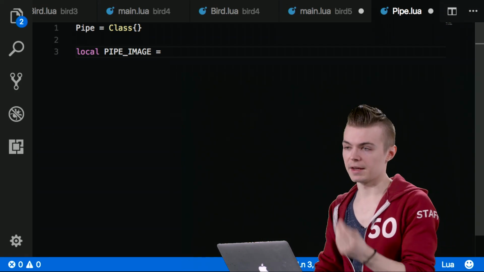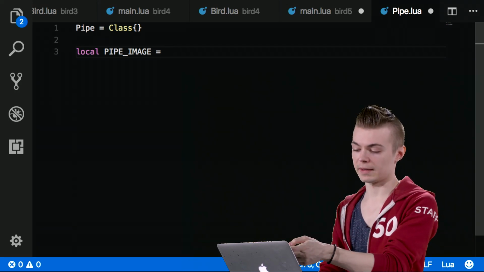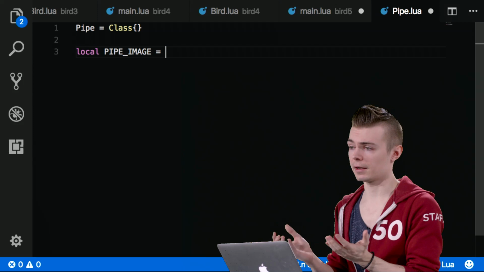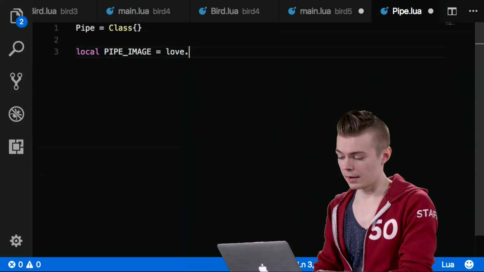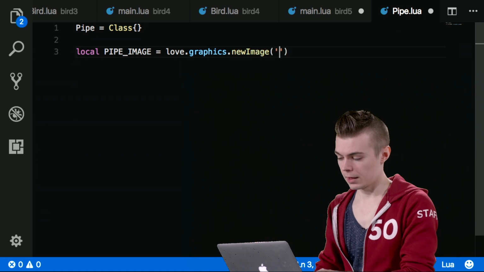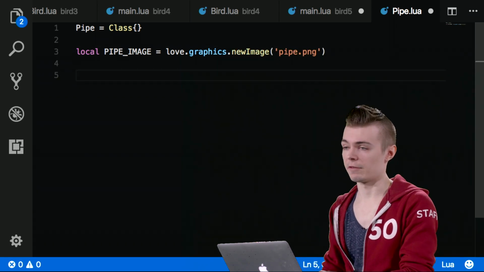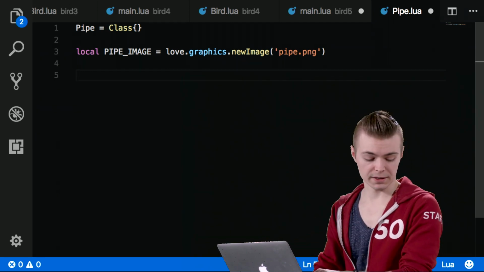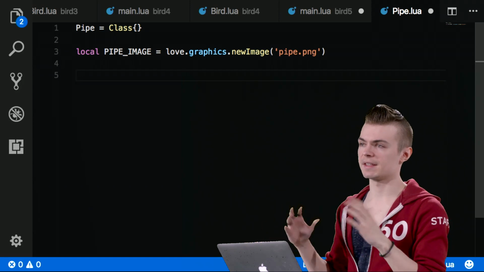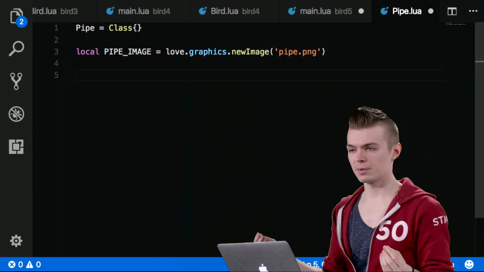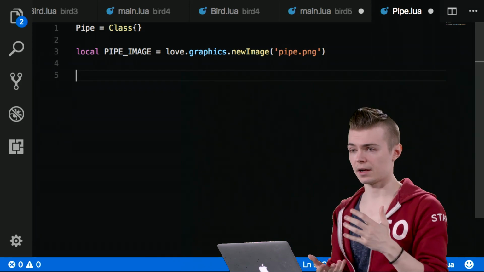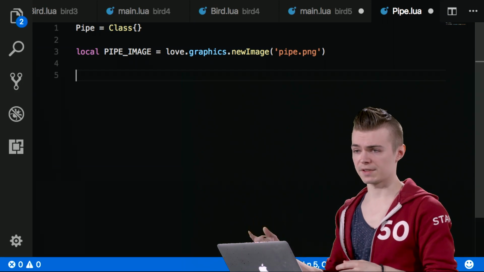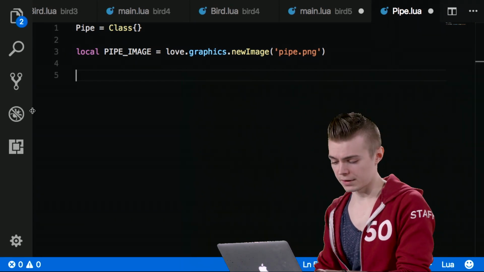So outside of the init function, just below where we're declaring that pipe is a class, we're going to create a local variable that is still scoped to this file, but there's only ever going to be one copy of this object. We're going to call it, say that we have pipe.png in this folder. And this is separated out from the functions that we're going to be defining in here, but this has the effect of creating a semi-global graphics object, even though it's contained within this class file. It's not accessible outside of this class file because we don't need it to be, but it's also not being instantiated every single time. Because recall, if we look at bird.lua here,